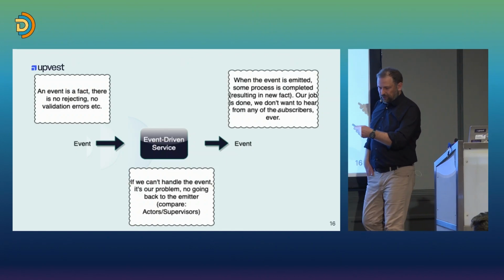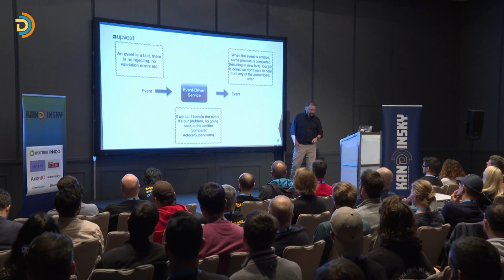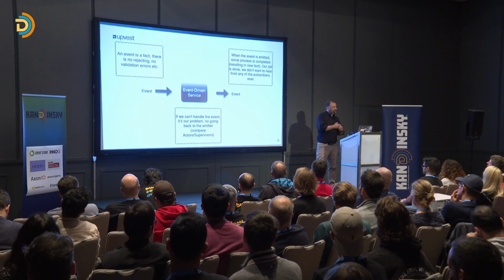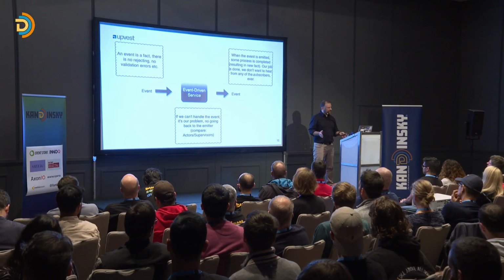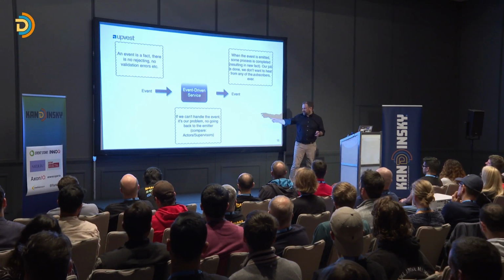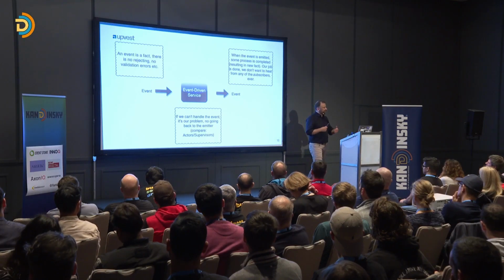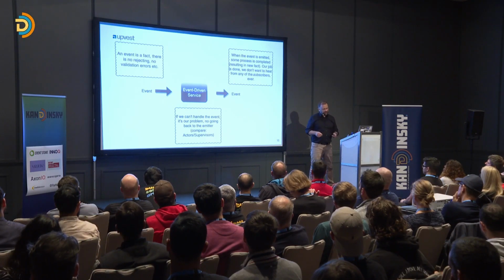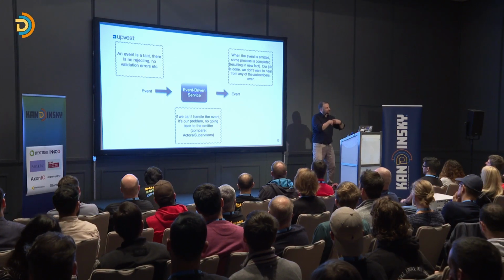In addition to this, if you can't handle the event, it's your problem. The responsibility is super clear here. And notably, which you will see if you look, for example, at actors, which people use to build high availability systems, you distinguish between the client of some service, or in this case, somebody who emitted the event, and some sort of supervision. So if I call a service with a command, I get something back, then I also have to deal with the error. So I have both roles there.